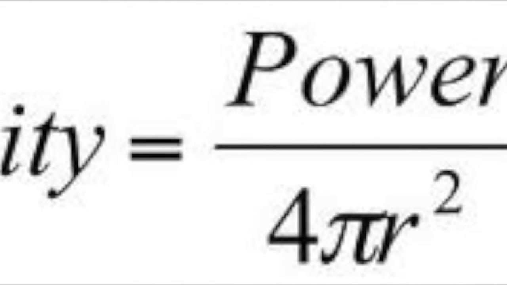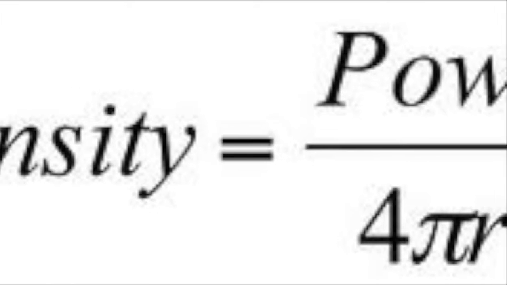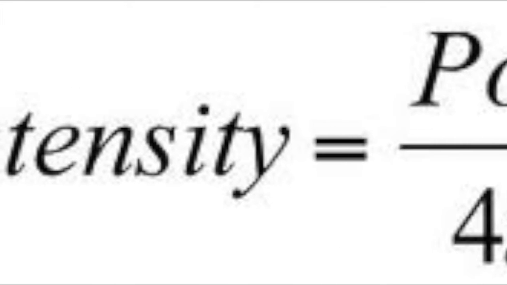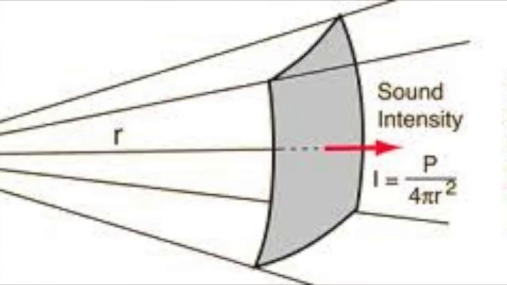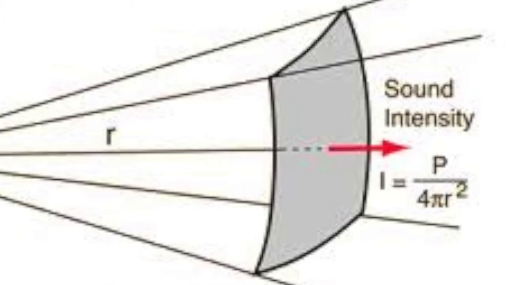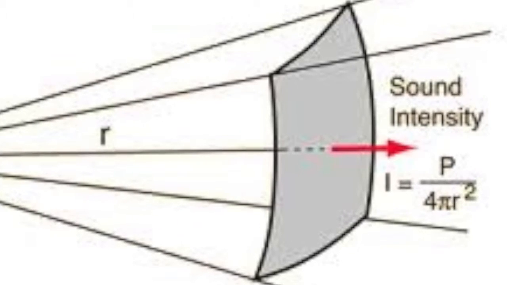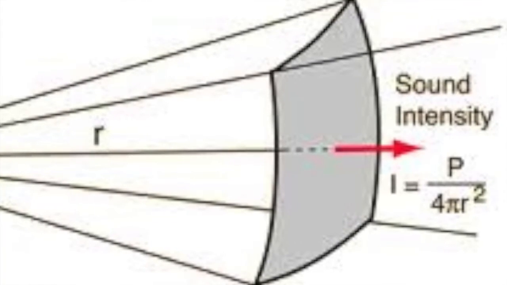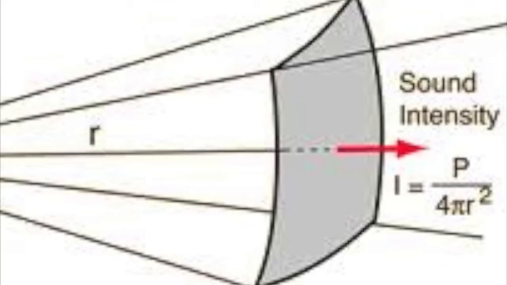Intensity and frequency determine which sounds are audible. The frequency of a sound wave heard by the average human ranges from 20 to 20,000 Hz. The loudest sound that the human ear can tolerate has an intensity of about 1 watt per meter squared. This is known as the threshold of pain. Now you're going to hear several different noises that have different frequencies all the way from 1 to 20,000 Hz.